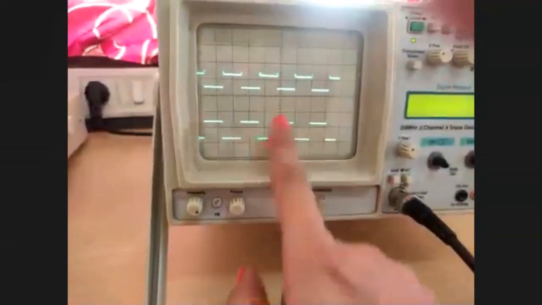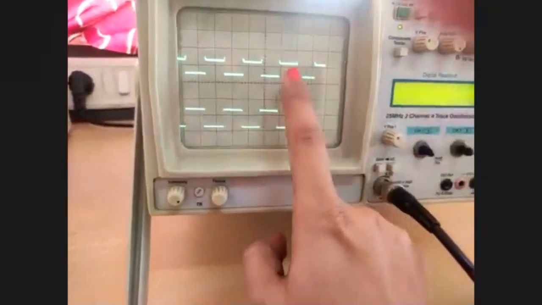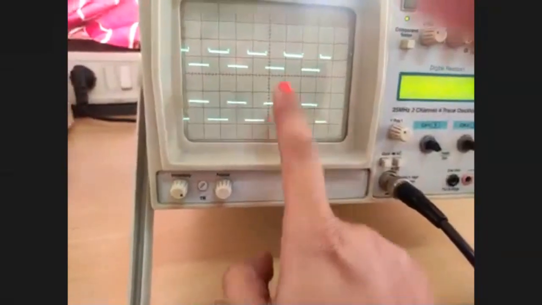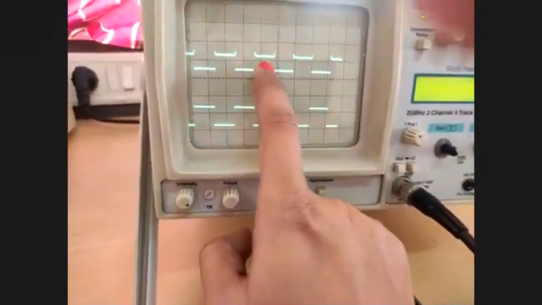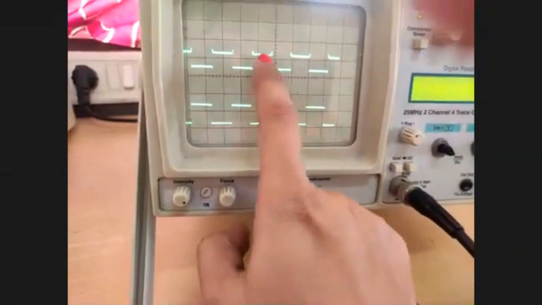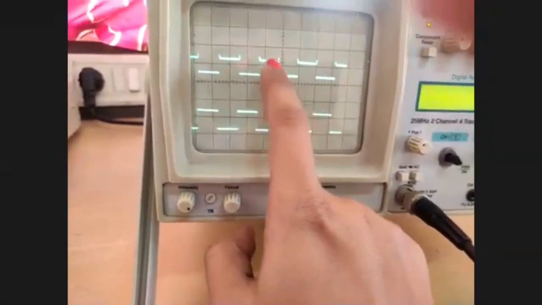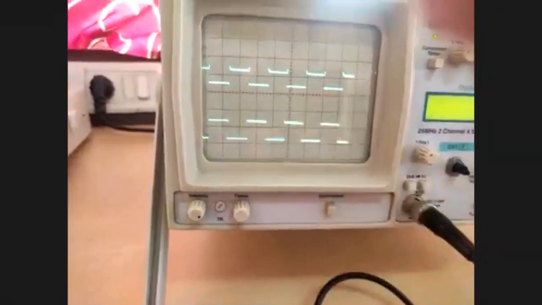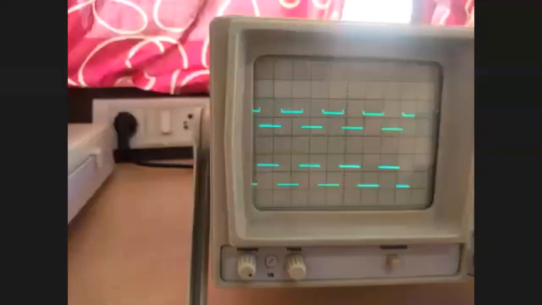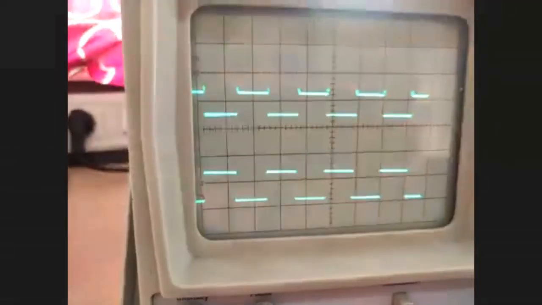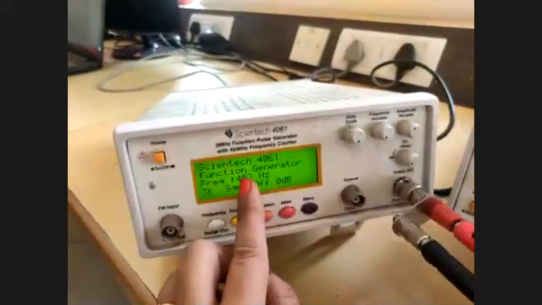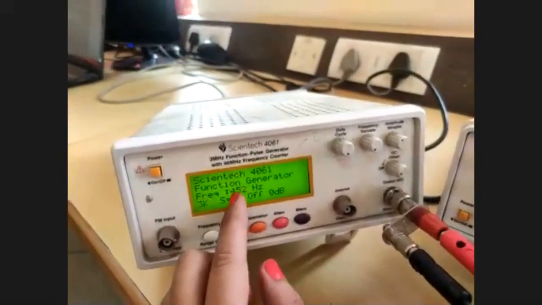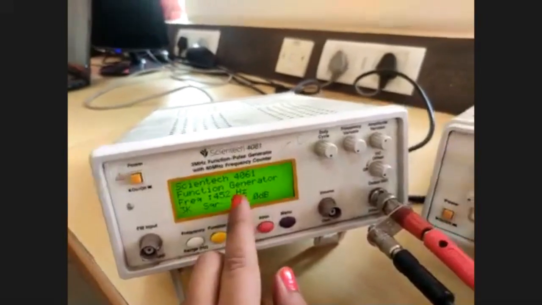This is your output and this is your input. Here this is the on time and this is the off time, where the on time and off time are equal. That means we are achieving a duty cycle of 50%. Okay, so if I change the frequency knob, now we are seeing the duty cycle of 50% for the frequency. You can observe the frequency is 452, so it is between 400 and 450. You can change it, and there you will be getting the duty cycle of 50%.